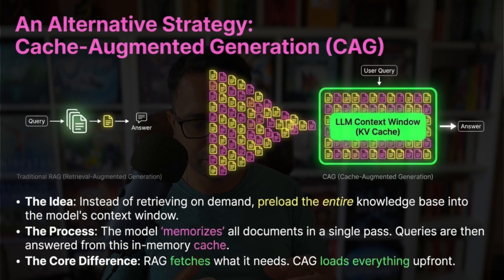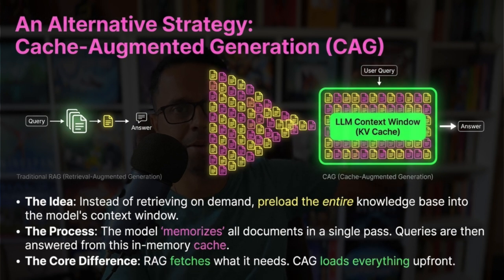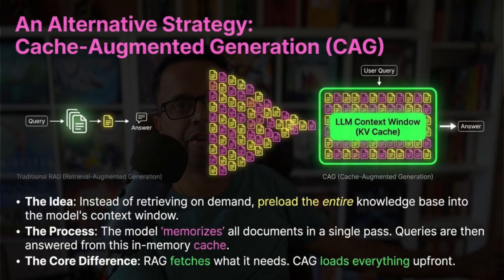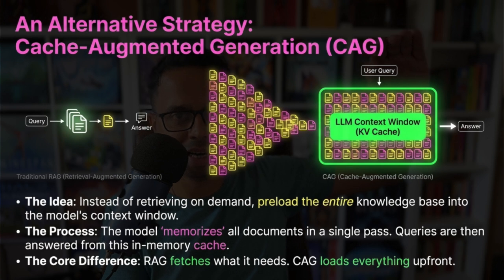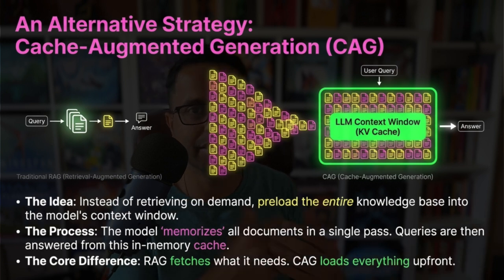Now CAG, because 2-3 years back when these language models were released, their context window, what is context window? How much information at a given point of time it can hold. So RAG is a place where it can hold an enormous amount of data, and using retrieval strategies, we retrieve that data when a question is asked. CAG, on the other hand, is basically the context window of how much it can retain at a given stage. So can I give it a 1-page PDF and ask a question on that directly without doing the RAG? This is where the context window of the LLMs comes in.